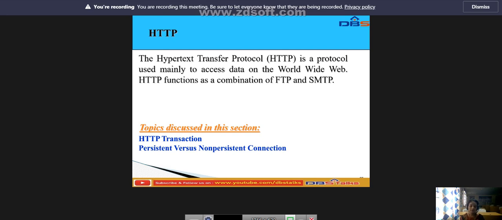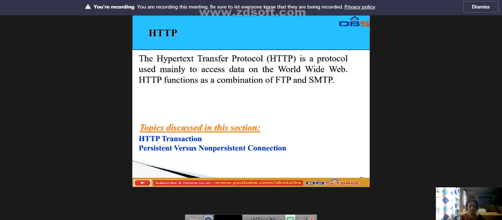from the web. An HTTP client sends a request, and the HTTP server returns a response. So between the two devices we are sending the request and response through the HTTP client and HTTP server. Through the HTTP client we send the request, and we receive the response from the HTTP server.